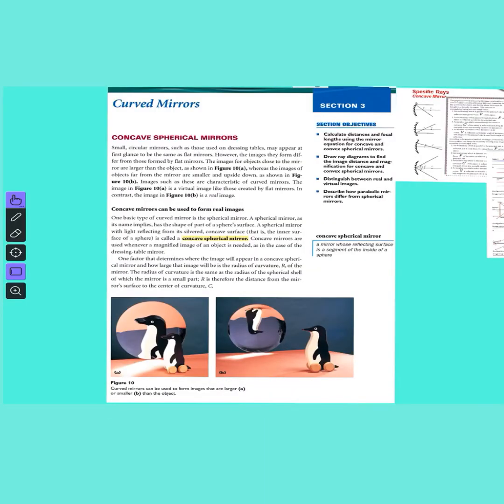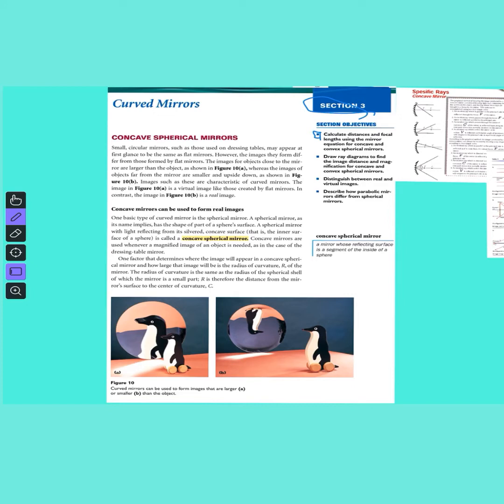Let's start a new section from chapter 5, and it's going to be the last section, section 3, from chapter 5. In this section we are going to discuss these points: calculate the distance and focal length using the mirror equation of the concave and the convex spherical mirror,